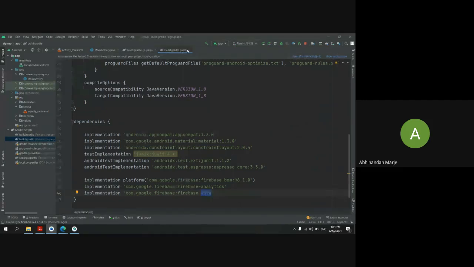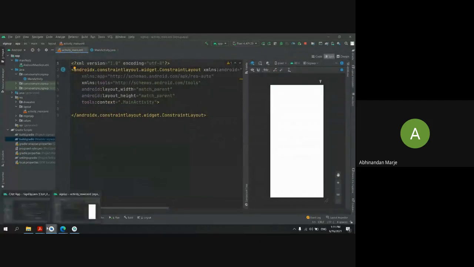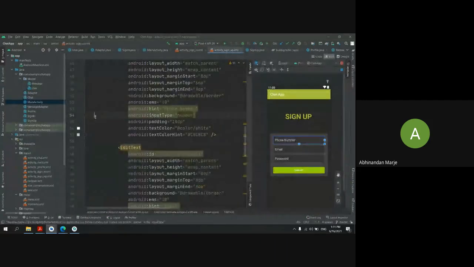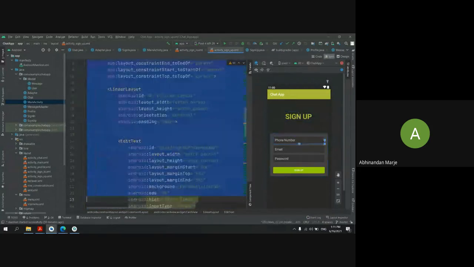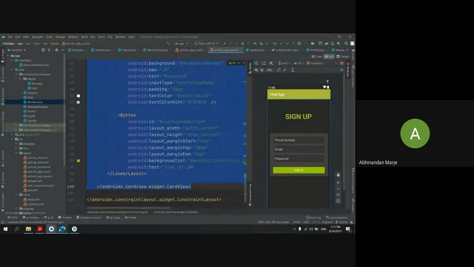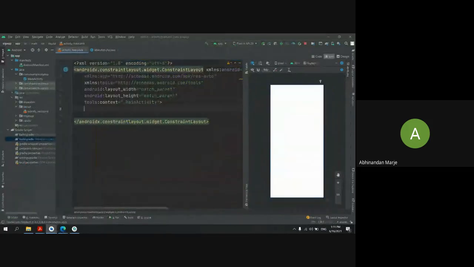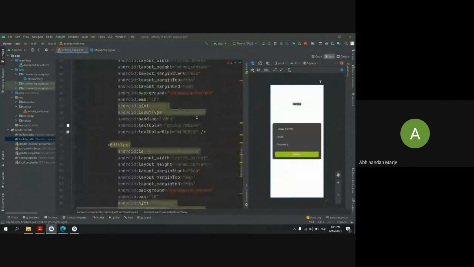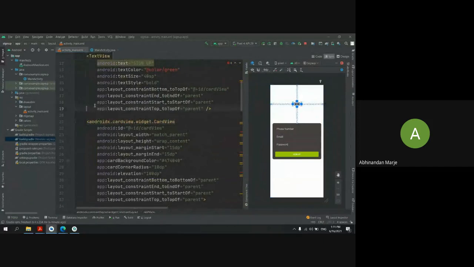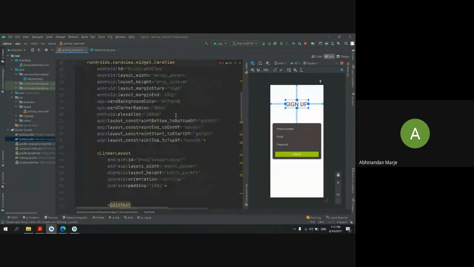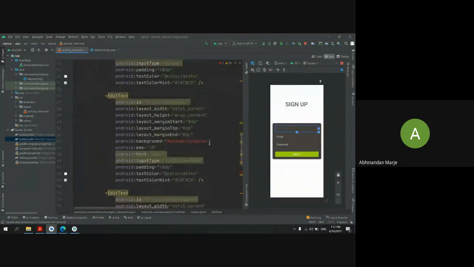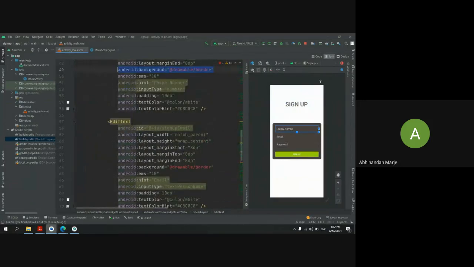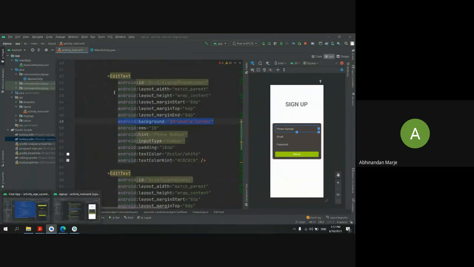Then the next thing is, you want to create an XML. I will just copy the XML file. We will create one XML file only, right?